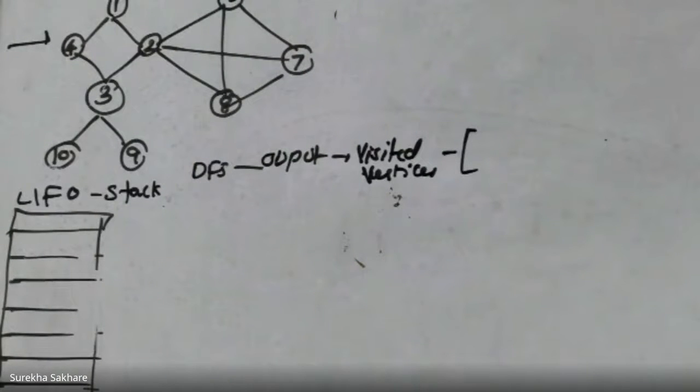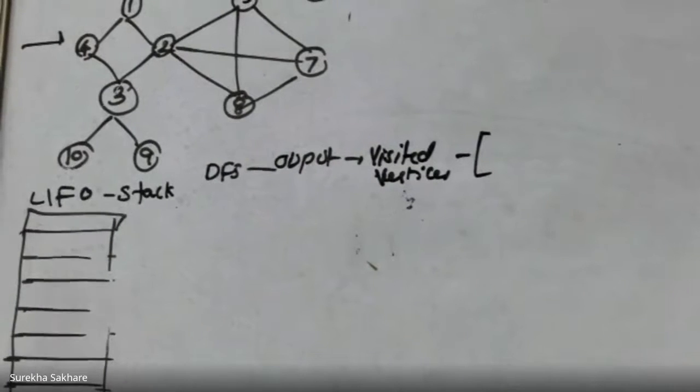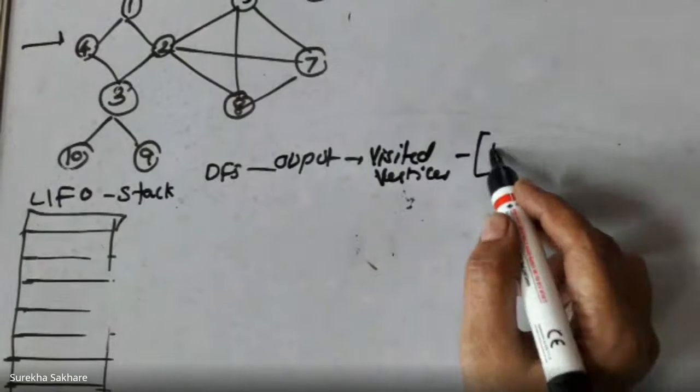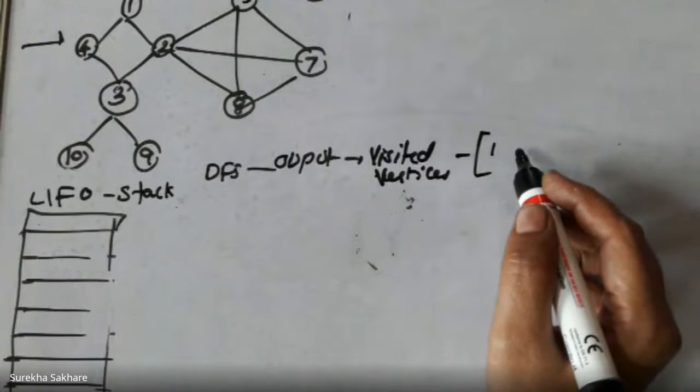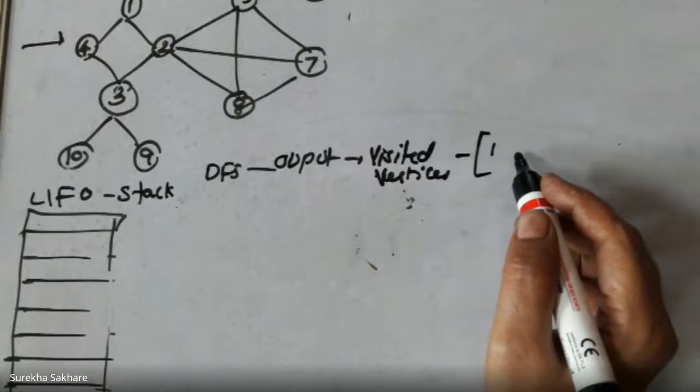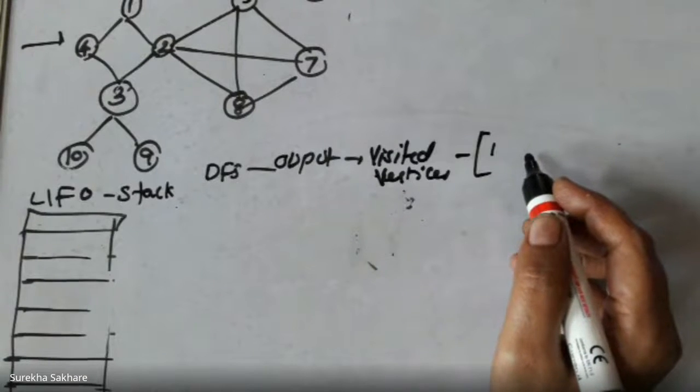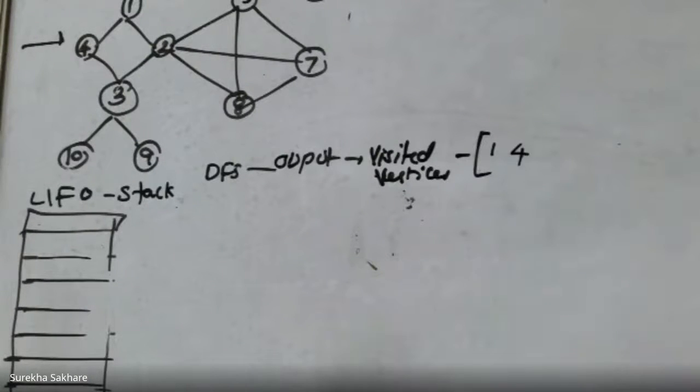What have I to do with this? When I started my search, I have met this vertex, so I will keep it there. Now I have started exploring this one. When I see I have a 4 and 2 adjacent, but I will not go for 2. I will only go for the 4. I will get into that particular node deeper and deeper.